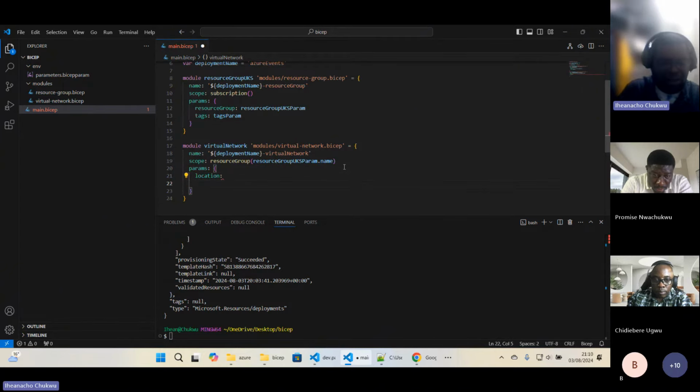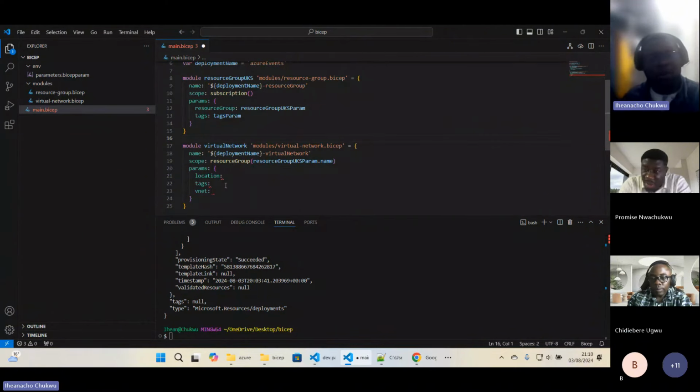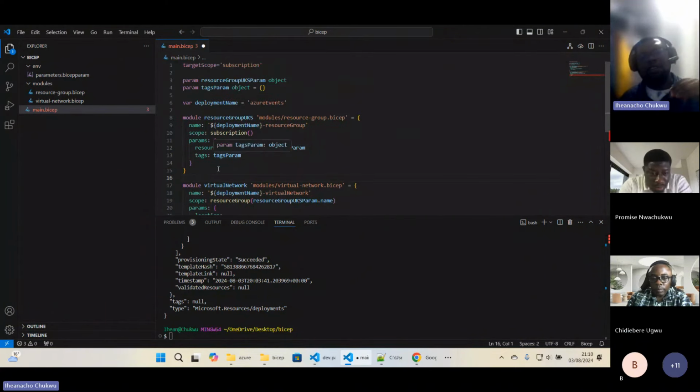We need tags, right? Then we'll need the VNet address space and the subnet address. So remember, we're going to be passing that again to keep it clean as a parameter, just like